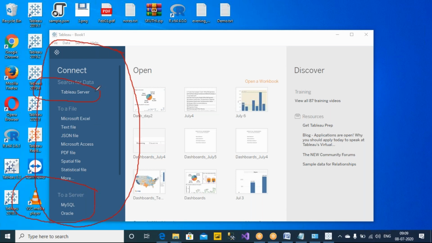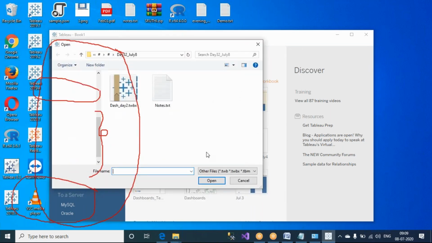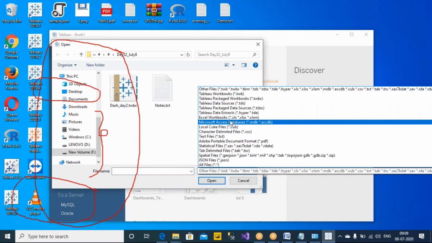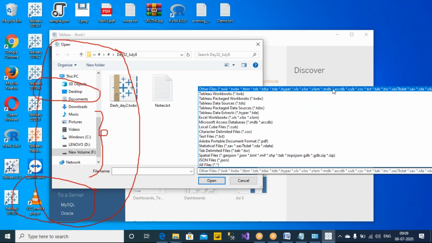Tableau server is different, and these servers are different. These are the databases here. And these are the file systems, so you can have your data in different files. You can connect to these files. Now click on more, and we'll see the different files you can have here, the extensions. All right, so other than that,